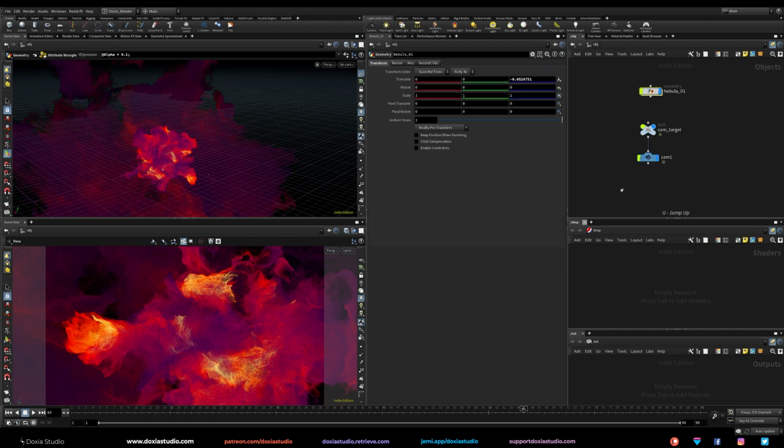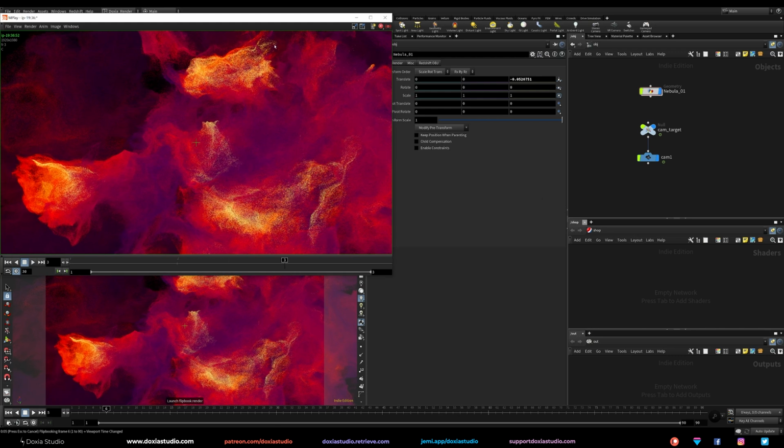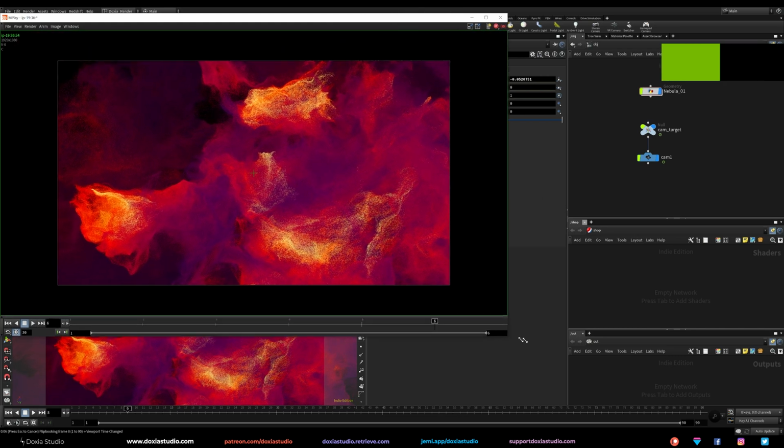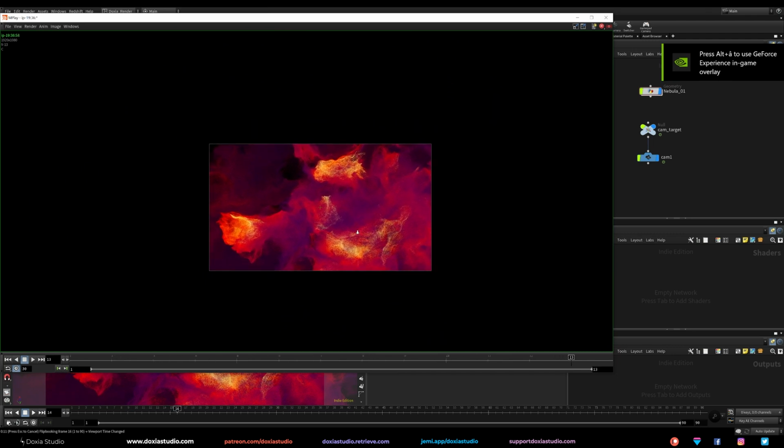Let's go back and let's see it again. Let me increase this window and keep it small, just like a tiny viewport. Just see how it looks.